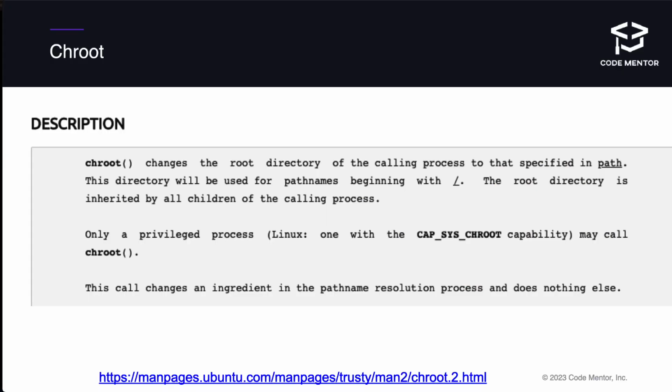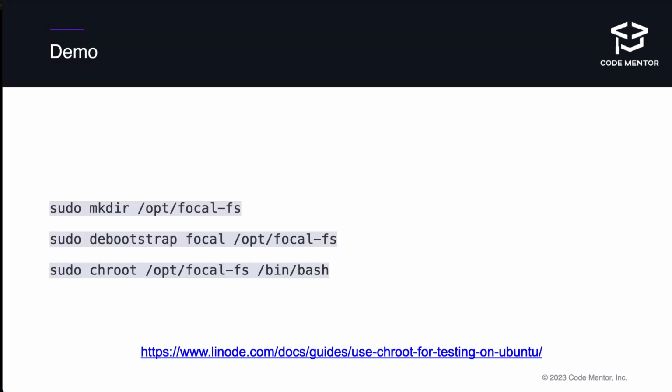So the first is a little bit of an understanding of chroot, what it does. All it does is change the root file system, and there's details that we don't need to go into here, but you can follow up. So a quick demo, we're going to make a directory and then essentially create a bootstrapped environment in that directory for Focal, which is the latest version of Ubuntu. And then we're going to chroot into that space, saying that I want to run bash, leveraging the new root